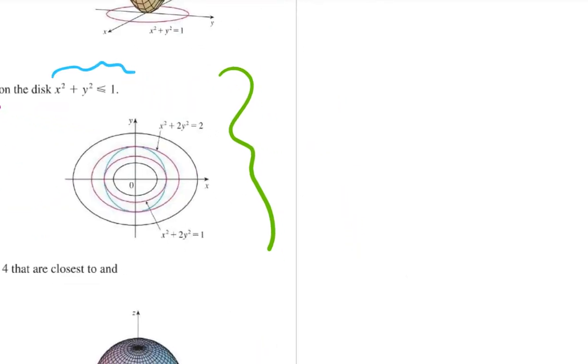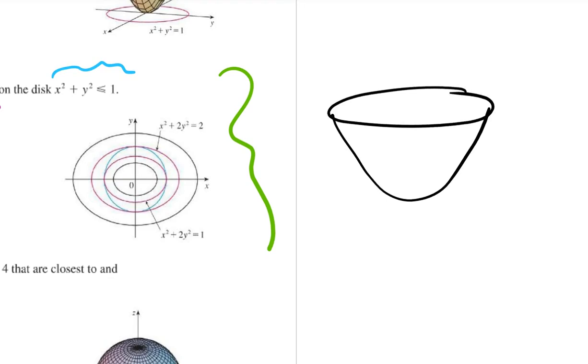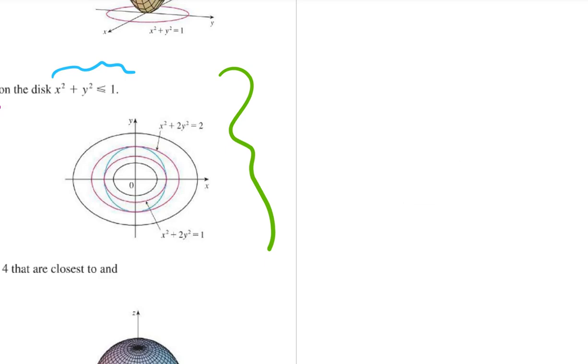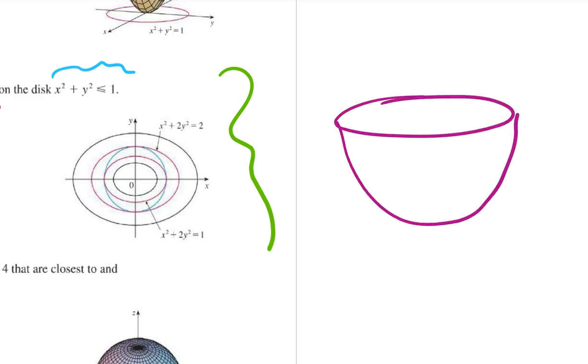So what I'm going to do is draw both. You have your paraboloid, and then you have a disk below it. And that disk, like the paraboloid they've drawn in purple. So let's do that. Paraboloid. And then the disk is in like a light blue. So let's draw a disk below that. All right. So if you project the disk up to the paraboloid, then the disk is going to hit